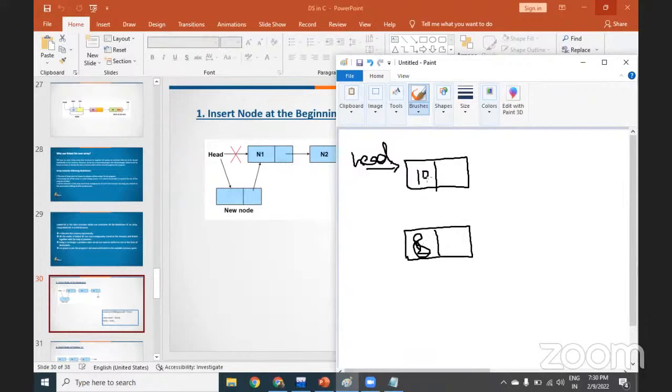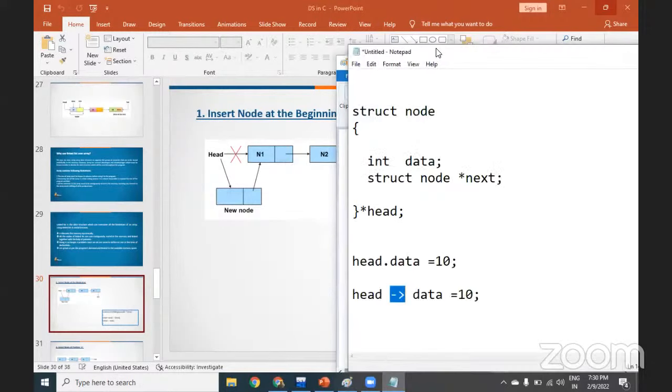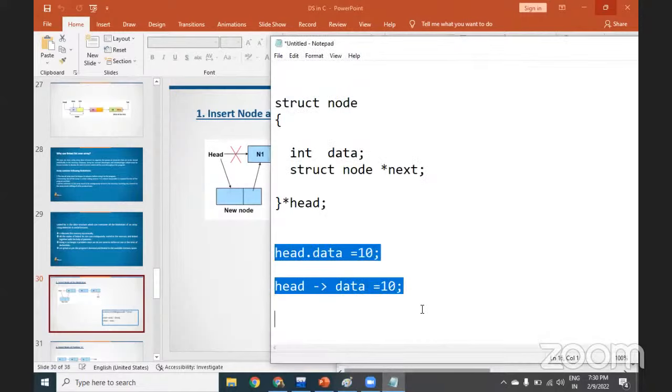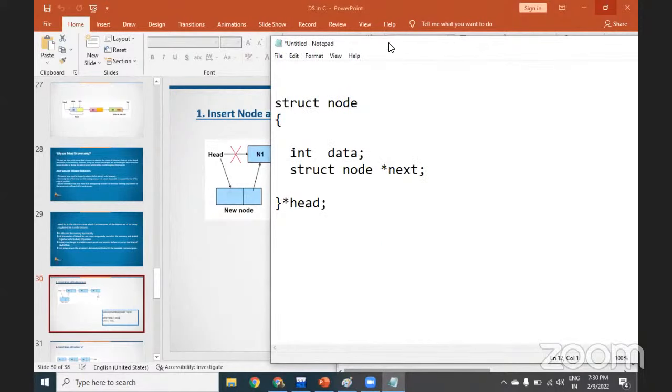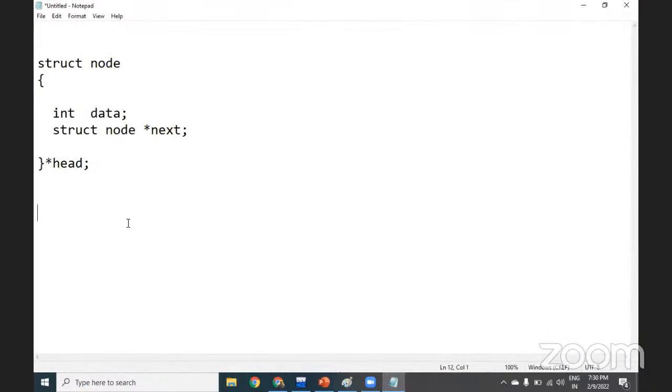Do you want to insert it after this node or before this node? So we have various operations. I'll tell you all the operations. What are all the operations I'm going to explain to you? The operations we are going to do in this linked list are